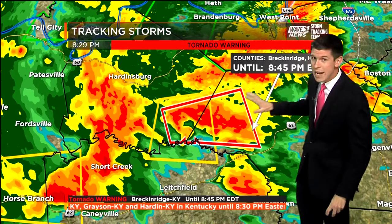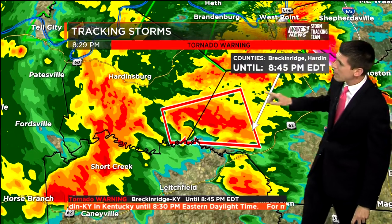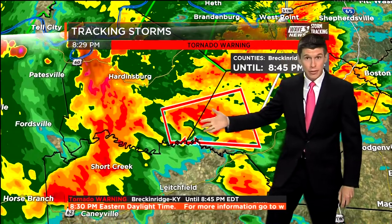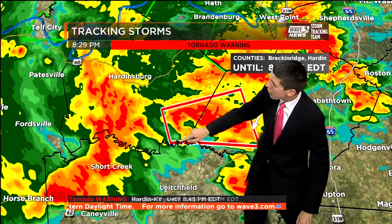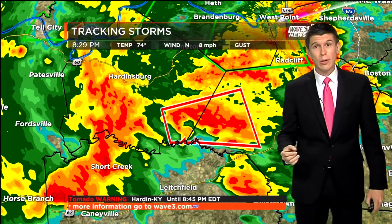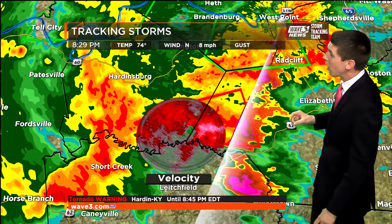Hi everybody, Wave 3 News meteorologist Ryan Hoke here. We're going to go on with coverage right now for this tornado warning, and that is currently near the Breckenridge and Hardin County border. You can see this hook shape right here inside this red polygon. That's the tornado warning, and this is where we are indicating some of the rotation right here that has prompted this tornado warning. At this time, we have not seen any reports of this tornado actually being on the ground,